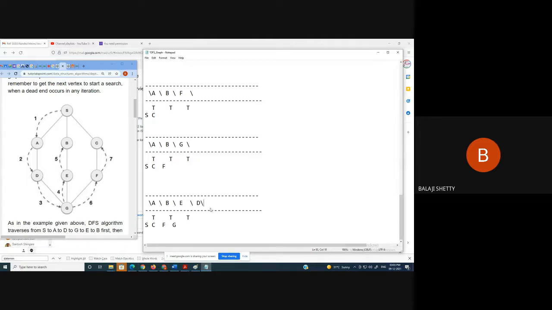समजलं एवढं इथपर्यंत? Adjacent to G are F, E, D. F is already process. E and D are not process. So E, D. Your order may be E, D or D, E. Yeah. In any way you can run. Don't worry. Your output may be changed. Don't get confused. Clear?